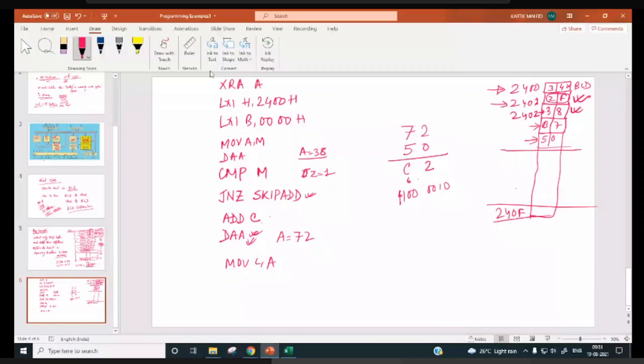So this will be 0 1 0 0 0 1 0 1 over here. So 1 1 0, and carry will be generated. So result will be how much? 22, no? So in A you will have 22 and carry is there. Carry is there. So in that case you have to check.